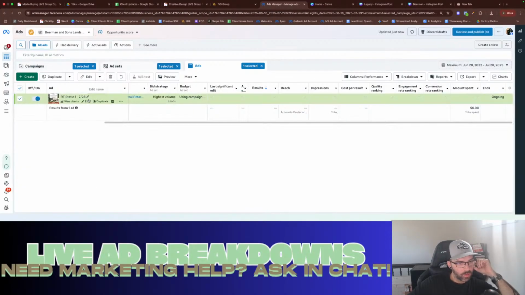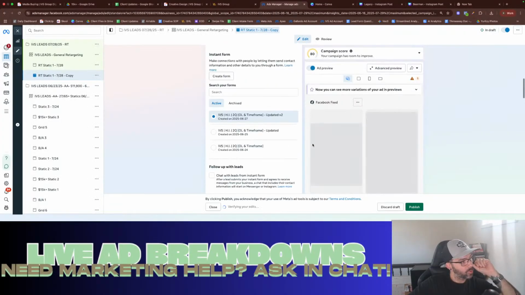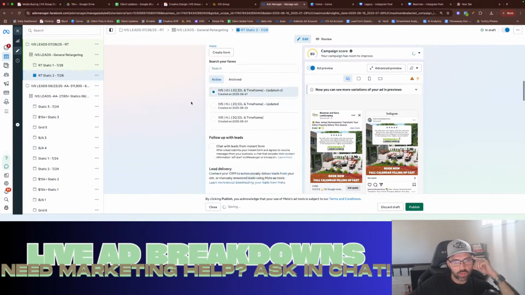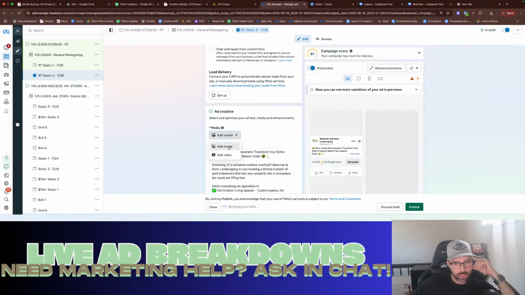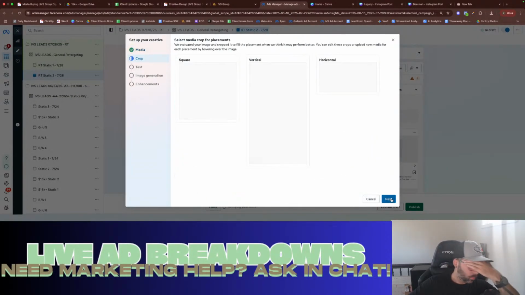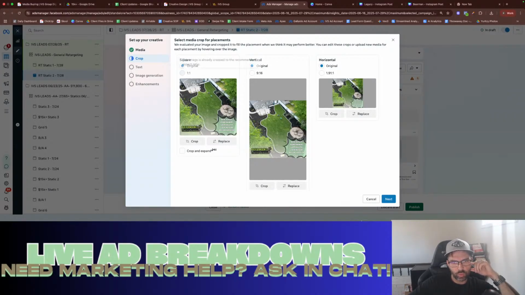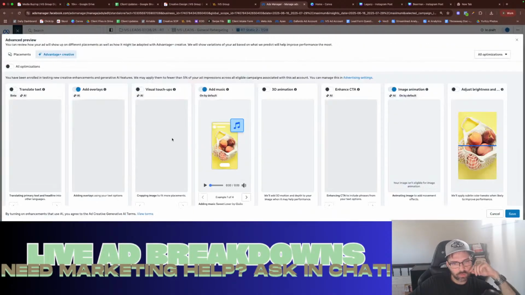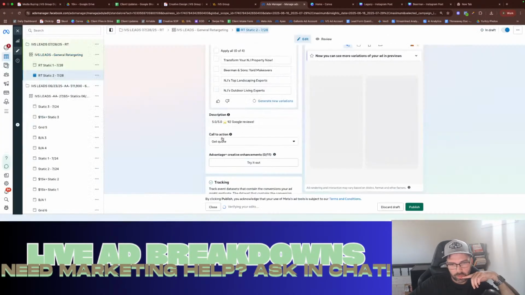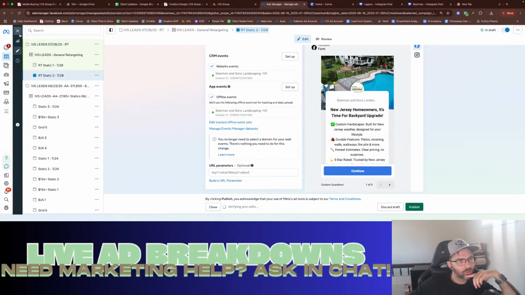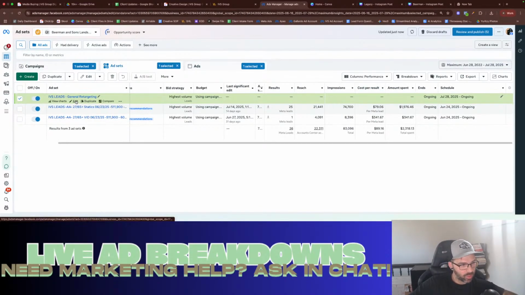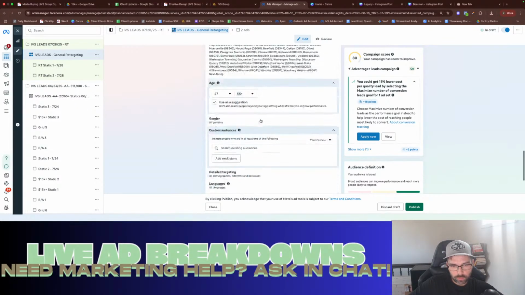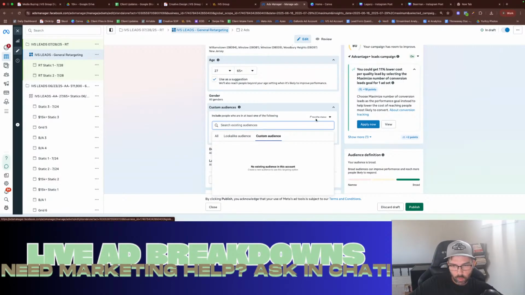Boom, perfect. Now let's duplicate this, and now all we're going to do is just swap to our second image we just made. So it's going to be static 2, and then launch date, take that out, add image, boom, and boom, boom, boom. Original for all is what we want. Let's go turn off the enhancements. That's done. Events are on. All right, so now I actually skipped a step because we need to actually make our audience here. So we do still need the same location, but now we need to do a custom audience. We have none, so